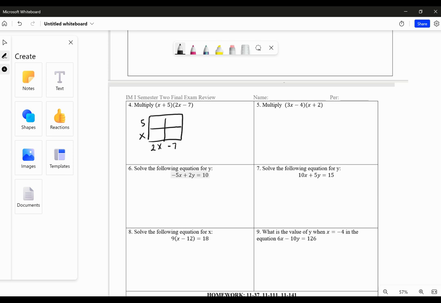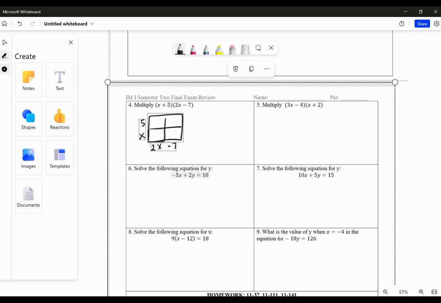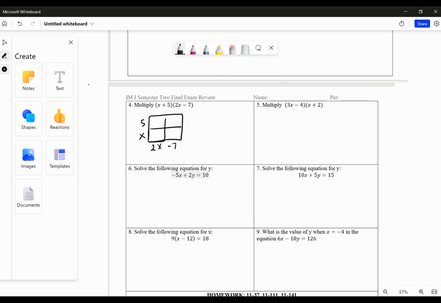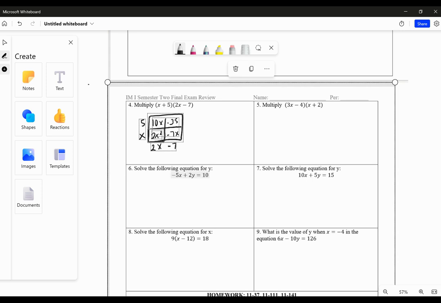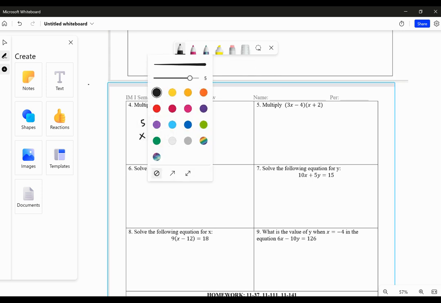So now with my area model, I'm doing length times width. So x times 2x is 2x squared. 2x times 5 is 10x. -7 times x is -7x. And -7 times 5 is -35. So your answer is going to be